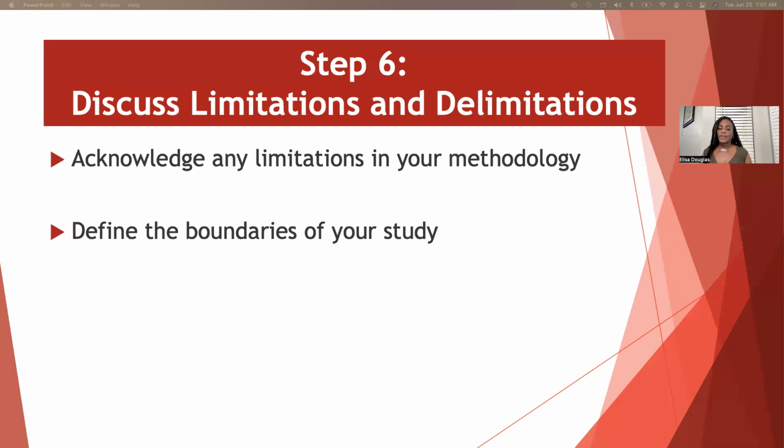So this might include like the sample size, the response rate, or potential biases. Okay, so for example, it may be a small sample size, which may not necessarily be representative of the population, right? And so you really want to ensure that you address all of those and acknowledge them in your methodology chapter. So for delimitations,